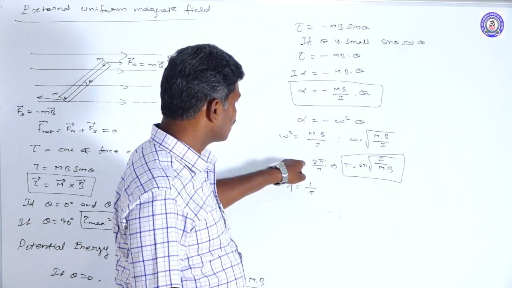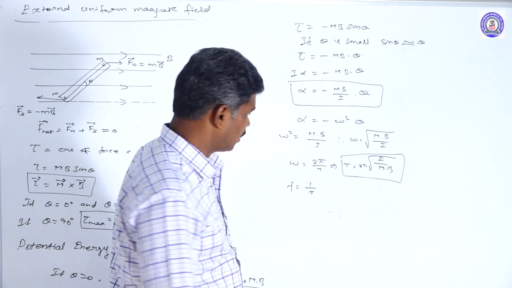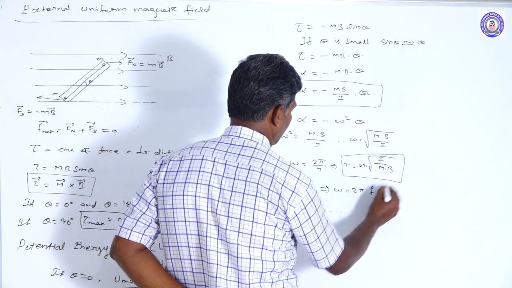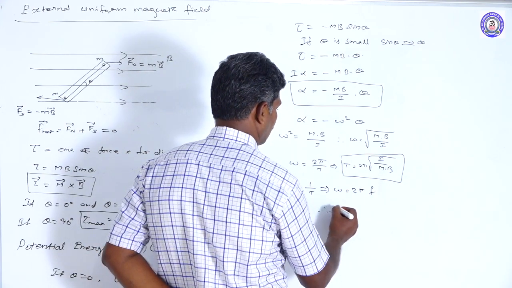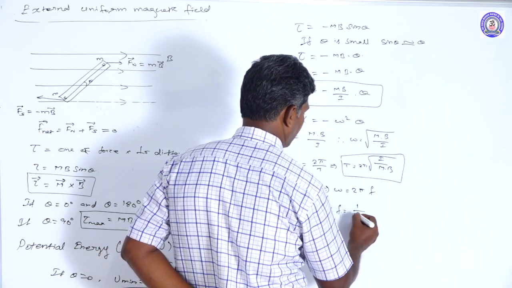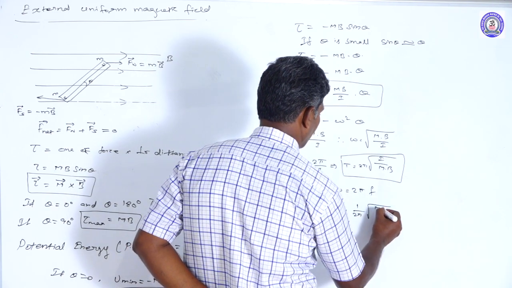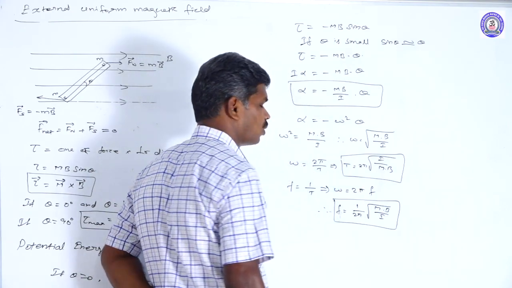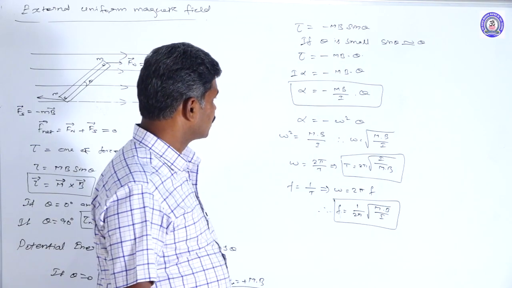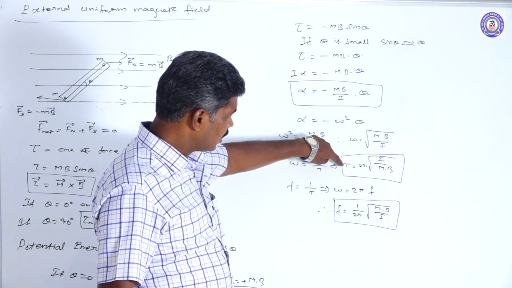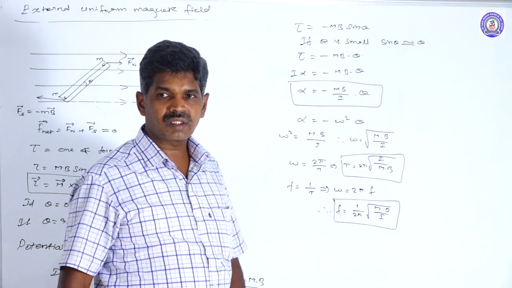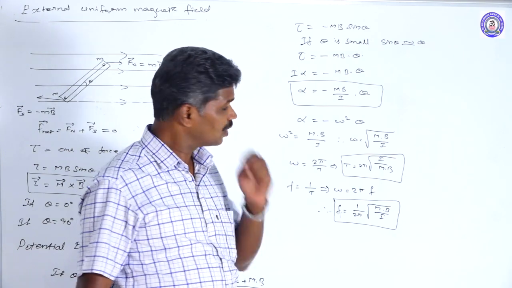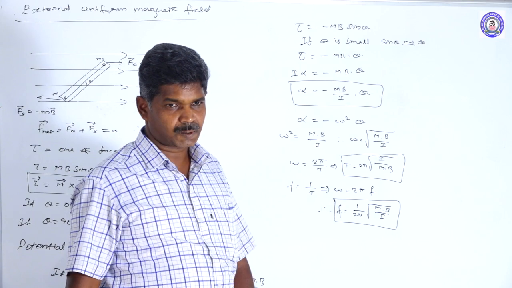If we substitute this in our angular frequency formula, then we get omega is equal to 2πf. Therefore f is equal to 1 by 2π square root of mB by I, which is the linear frequency formula. Okay, angular frequency, time period, and linear frequency when the magnet is set into oscillations, simple harmonic motion. There we have those formulas.